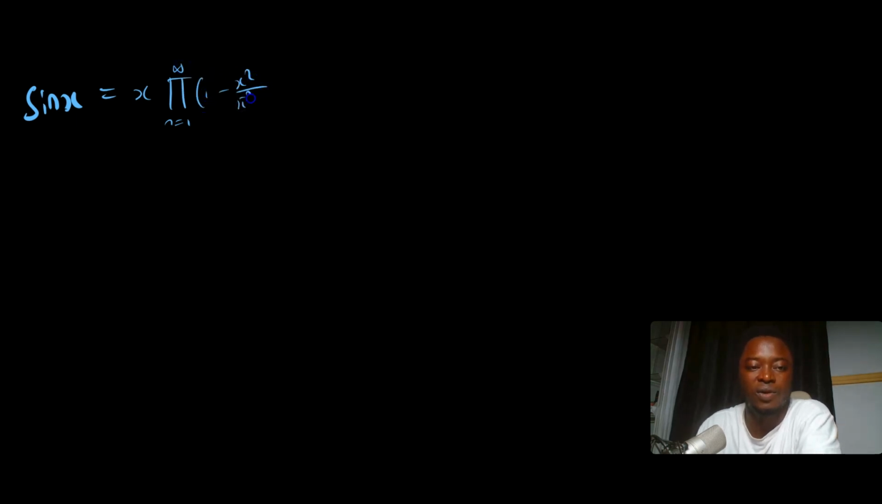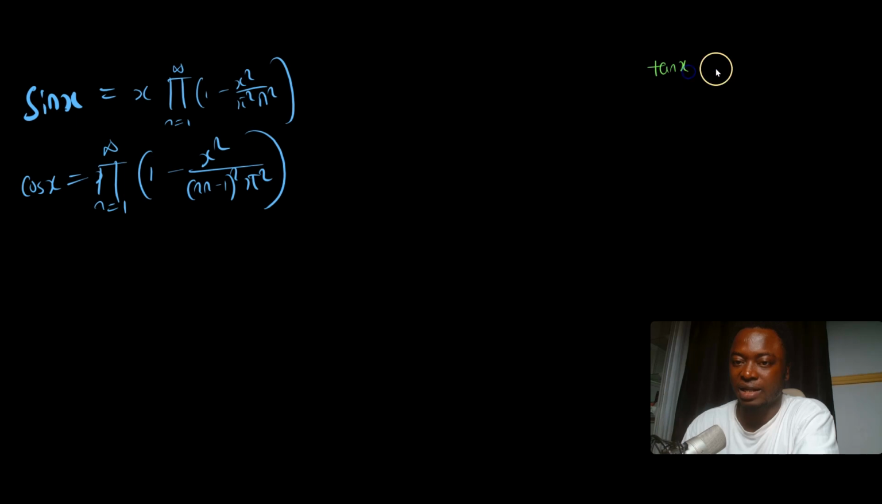So let's write down the results we already obtained. First of all, sine of x is equal to x times the product as n runs from 1 to infinity of 1 minus x squared over pi squared n squared. And then cosine of x, we already obtained this to be equal to the product as n runs from 1 to infinity of 1 minus x squared over (2n minus 1) squared pi squared. From these two results, we will try to obtain a series for